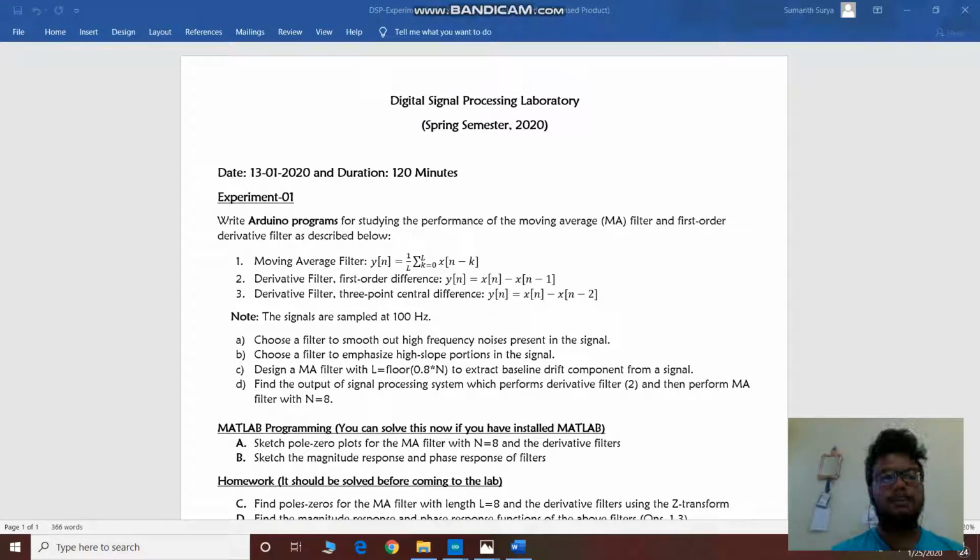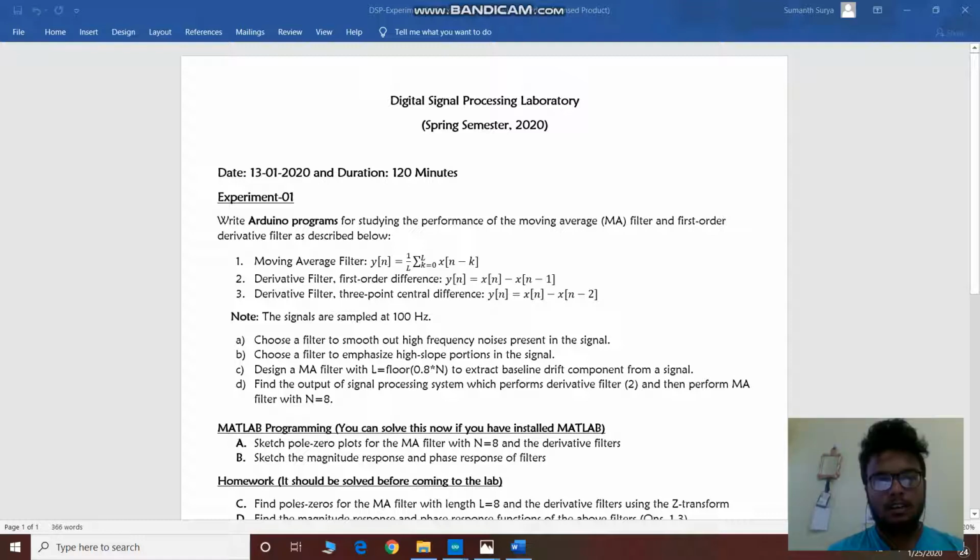This week we are going to discuss some digital signal processing problems. So coming to the first sum, choose a filter to smooth out high frequency noise present in the signal, and second one, choose a filter to emphasize high slope portions, and third one, design a filter with some floor function, and the fourth one, find the output of signal processing system which performs derivative filter and then perform moving average